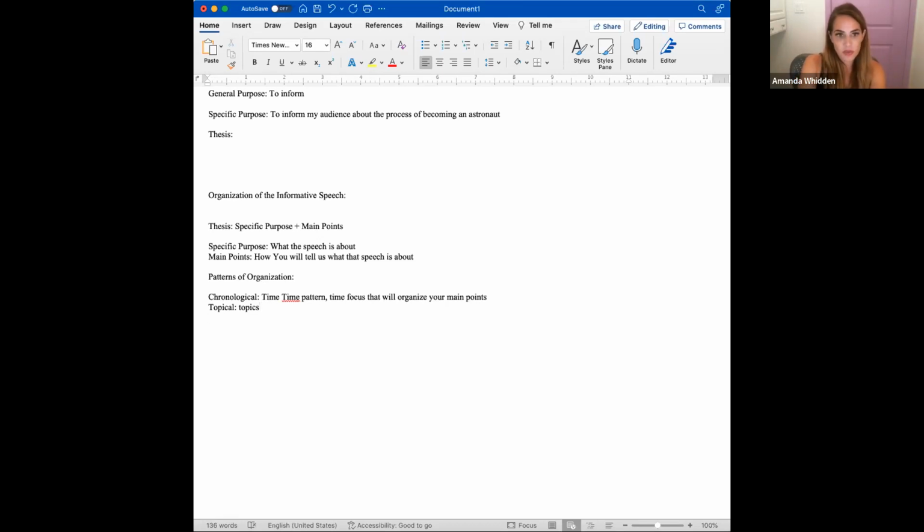And then we also have spatial. Spatial organization follows a pattern of direction. So this is something where we're saying north to south, top to bottom, front to back, outside to inside. Potentially that would be a way to organize my process. And then the last one that we have is